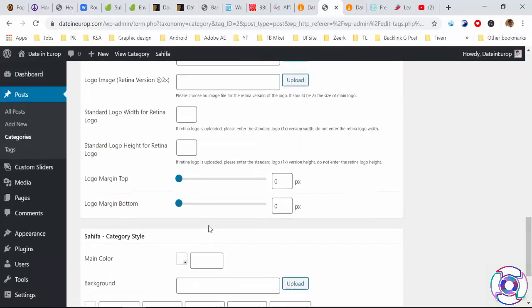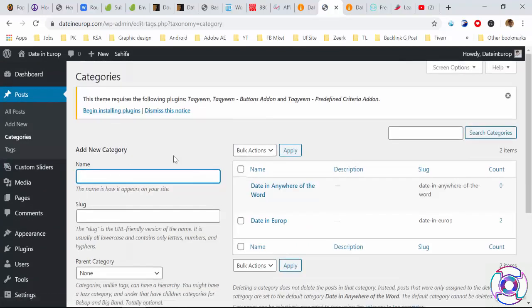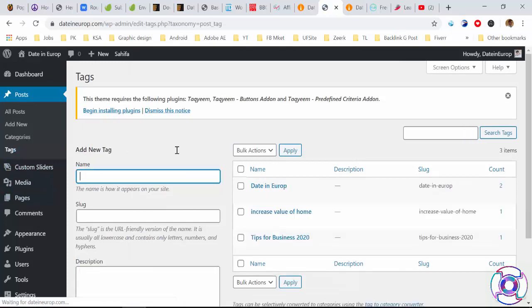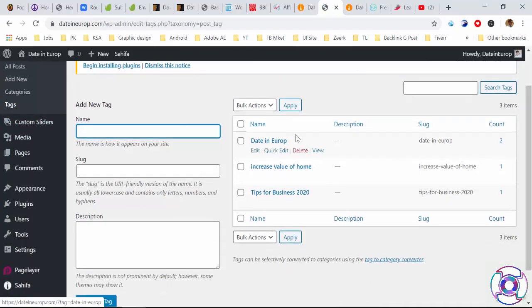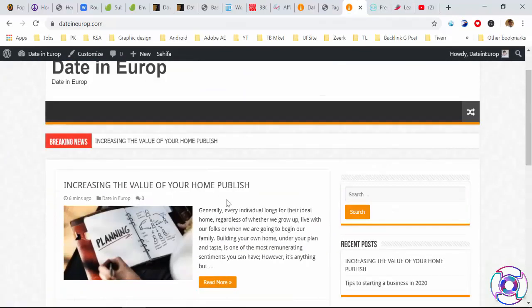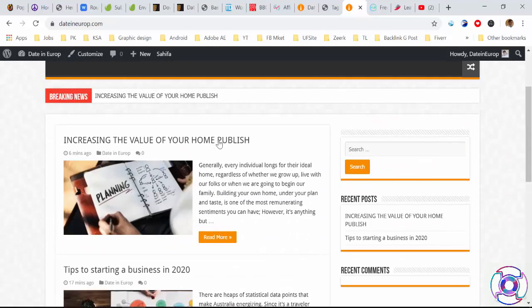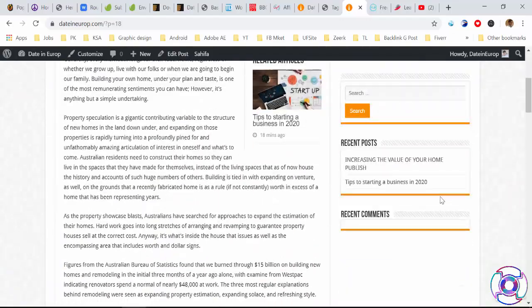Then we have tag option. You guys can see these are the tags I have added, and count, you can click on count. I'm going to click on the option. This is our recent post, and I click on increasing tips, and we have here two tags. I click on date in Europe.